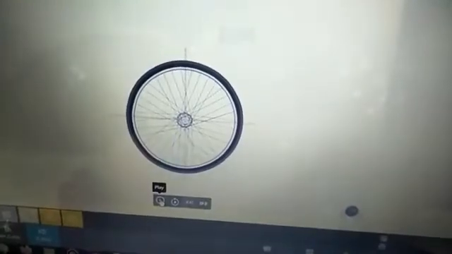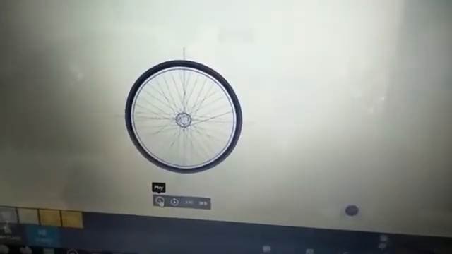Children listen. In this wheel, however many times we rotate it, it doesn't change its position, doesn't change its figure. We can see the same only. Children, the same will follow in this star figure also. We have to give many turns, but we don't see any difference in its position. It will be the same after so many rotations, so many turns.